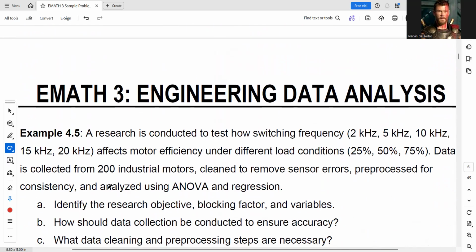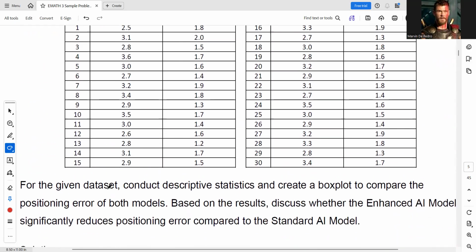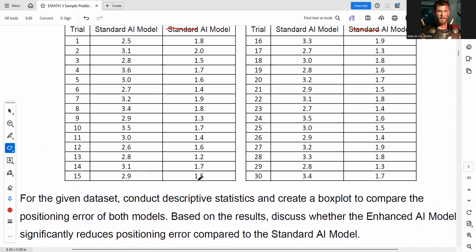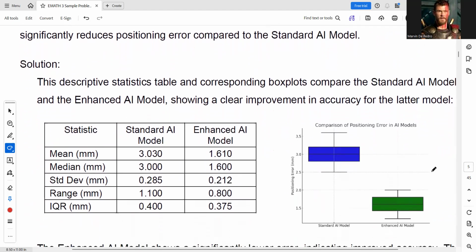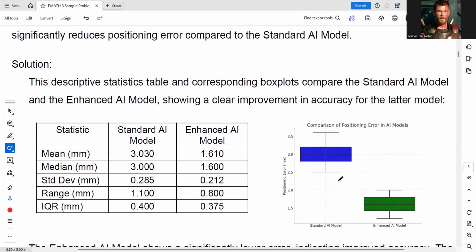I don't have the results here, because I didn't perform a z-test or paired t-test, but I derived the answer from our box plot. This is an alternative to hypothesis testing. If we do the descriptive stat, specifically we take the mean, the median, standard deviation, range, and IQR, like what we had in the module one examples. Same process. So these will be the values.